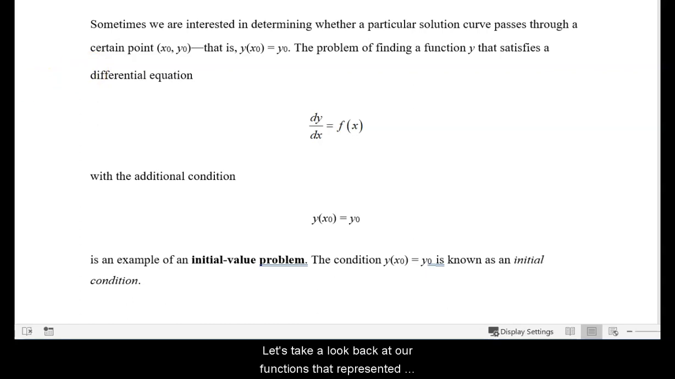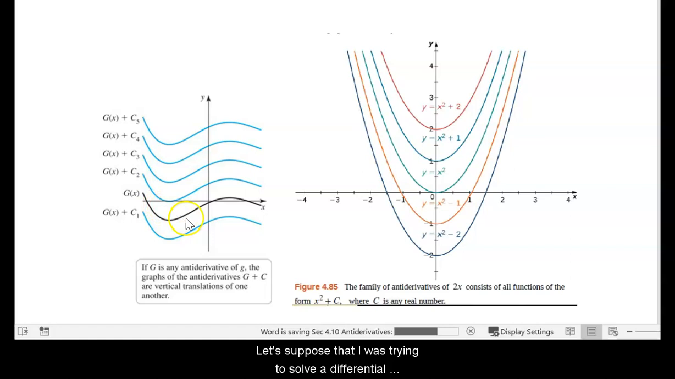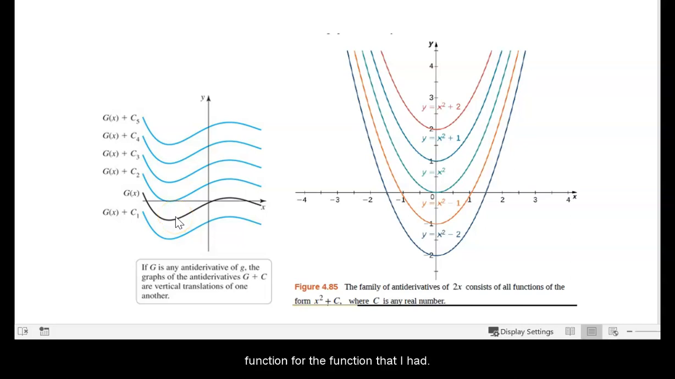Let's take a look back at our functions that represented the class of antiderivative functions at the beginning. Let's suppose that I was trying to solve a differential equation and I found that g of x was an antiderivative function for the function that I had. However, the point that I needed to be on the graph was this point here. Then g of x, the one in black, would not actually be the antiderivative function I'm looking for. In this case, the one I want that has the particular point on it I'm looking for is